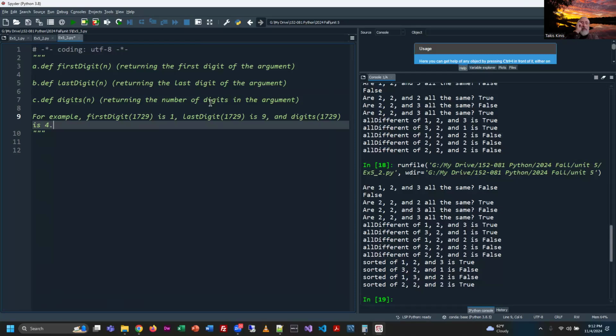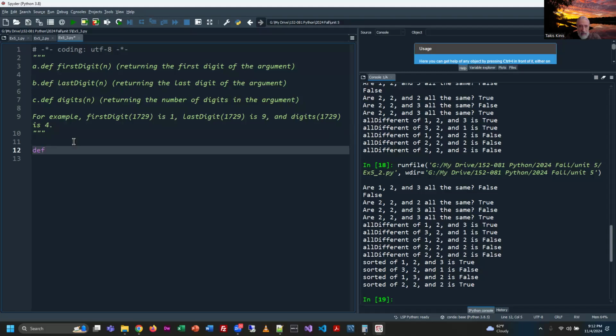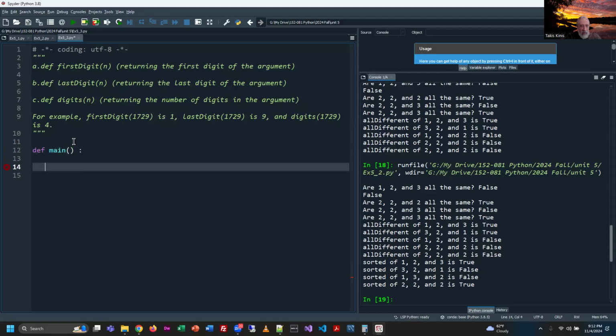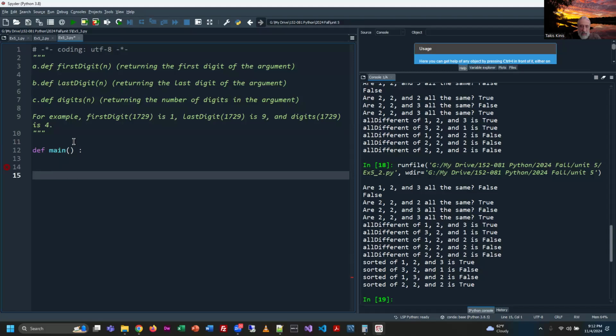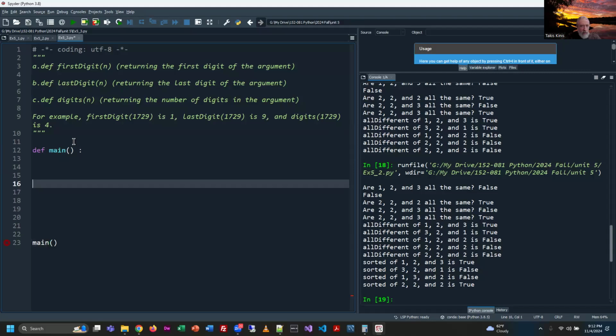Right, so these are the functions that we're going to build. As we've done before, we're going to go ahead and make a main method. So let's just follow that approach, get lots of practice with it. I'm also going to come down a line here, stay on the left margin, and then make sure I call it. And then we'll come up and define our first function, which is going to be